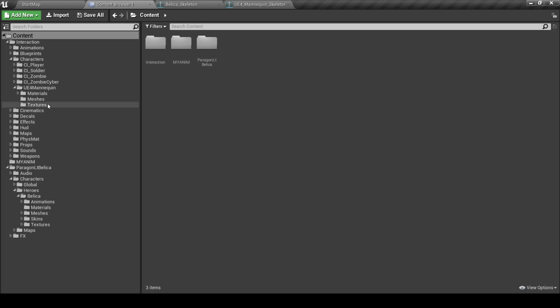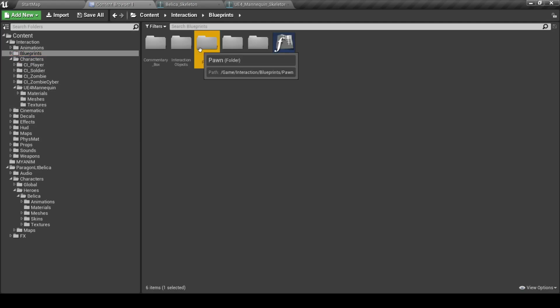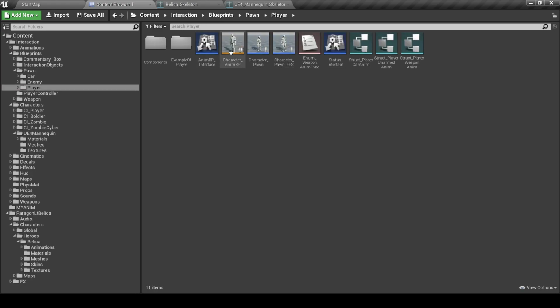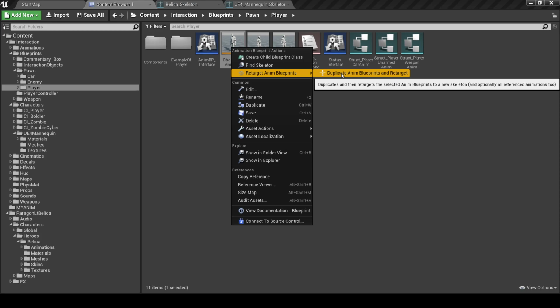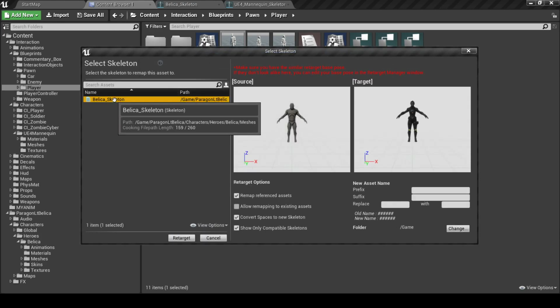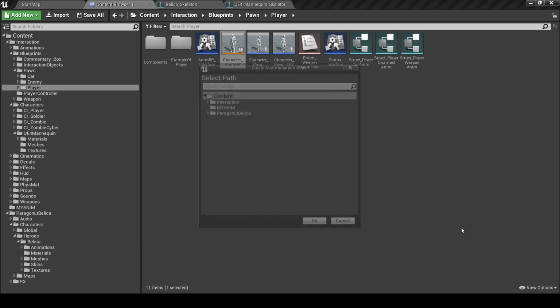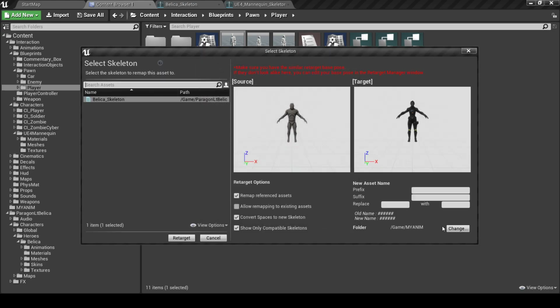And the first thing we need to retarget is the anim blueprint of the character. So here it is. Right click on it to retarget the anim blueprint: duplicate anim blueprint and retarget. Select our Belica skeleton. Select our folder my anims here, and let's add a suffix, like underscore my, for example. You can name it whatever you want, but I use this. Okay, let's click retarget